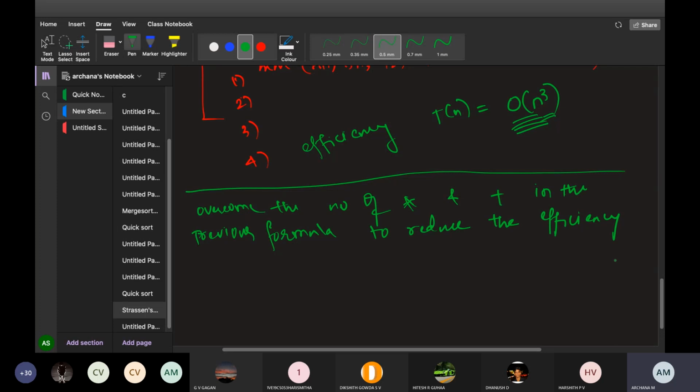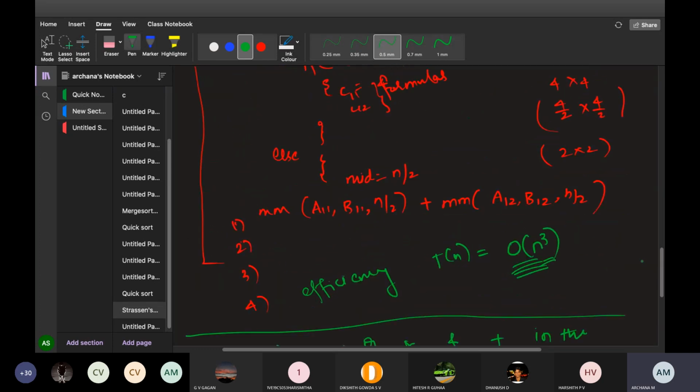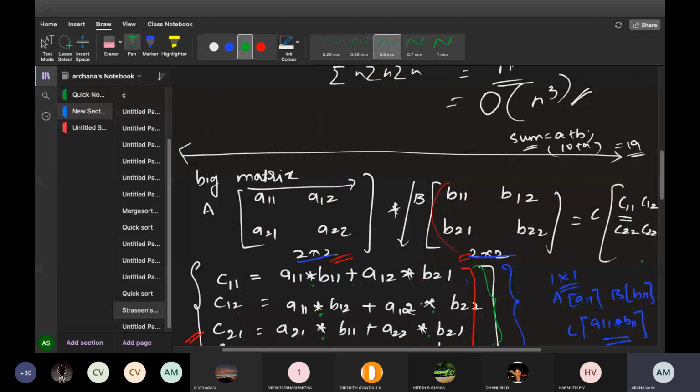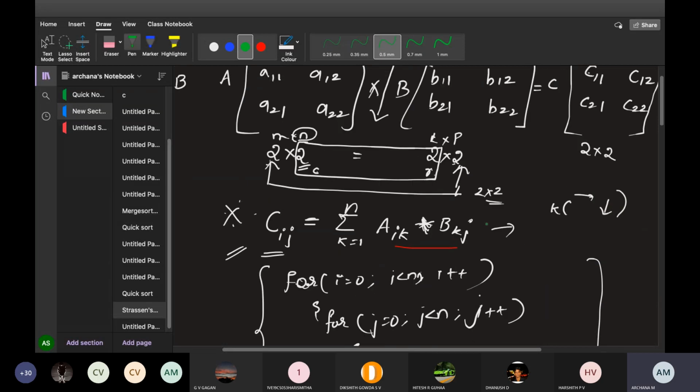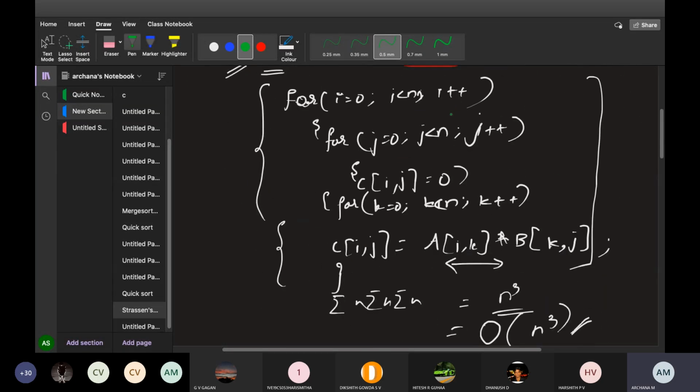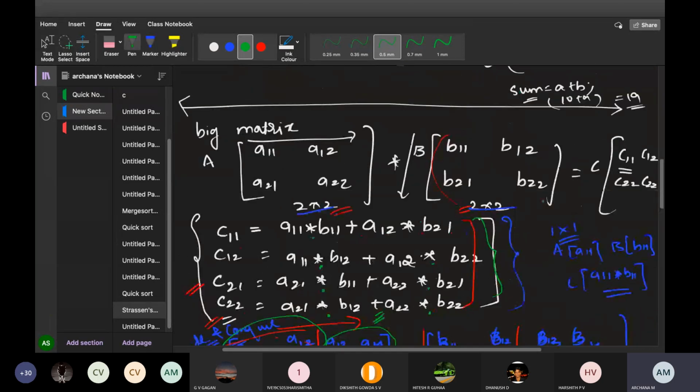To reduce the time, Strassen got a very good formula for multiplication. So that is Strassen's matrix multiplication. Understood why we don't use these two techniques, even though it is divide and conquer? For example, this first one is not divide and conquer. This is a simple normal algorithm. To overcome the for statements in the program, we came to these formulas.